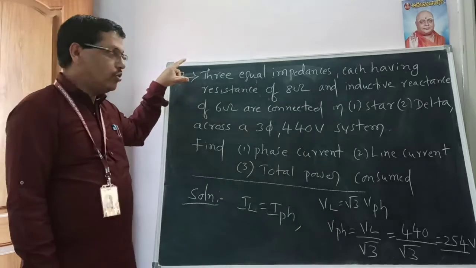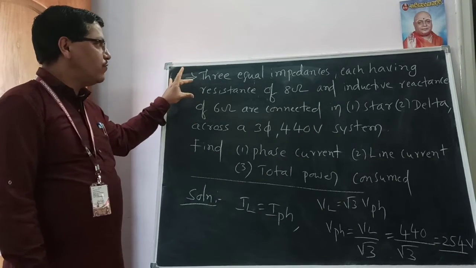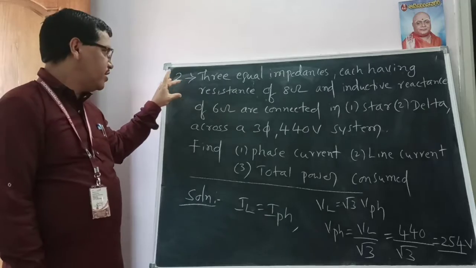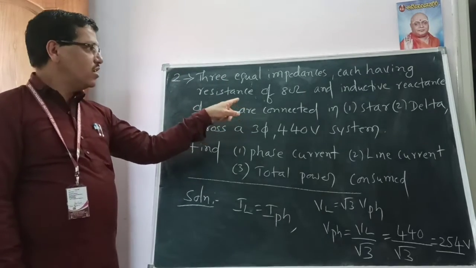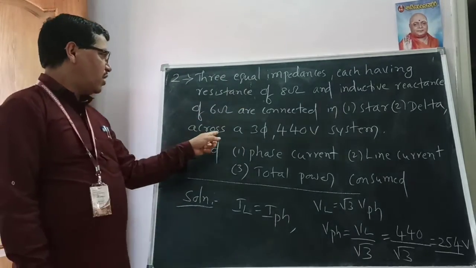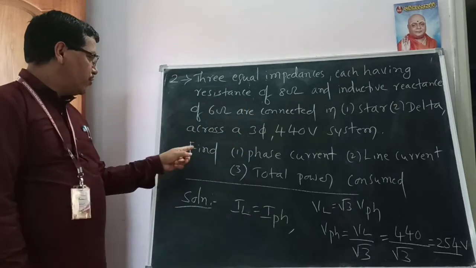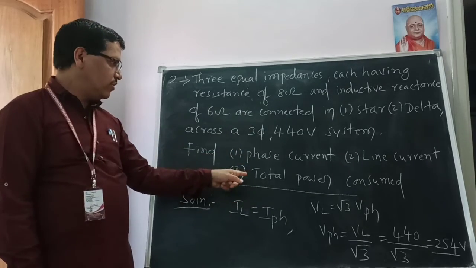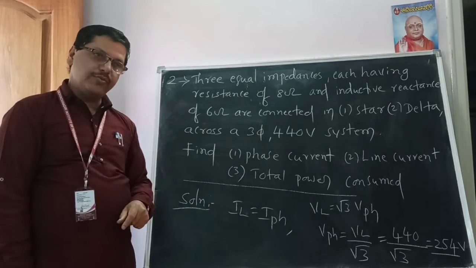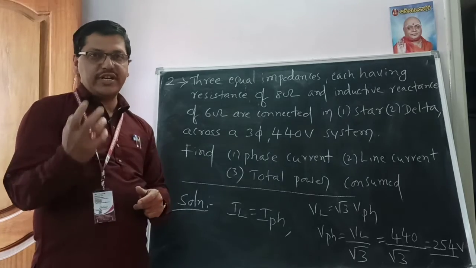The second problem shows three equal impedances, each having a resistance of 8 ohms and inductive reactance of 6 ohms, connected first in star, second in delta, across a 3 phase 440 volt system. First we need to calculate the phase current, second the line current, and third the total power consumed. So whatever the problem, whether it belongs to the star or the delta,